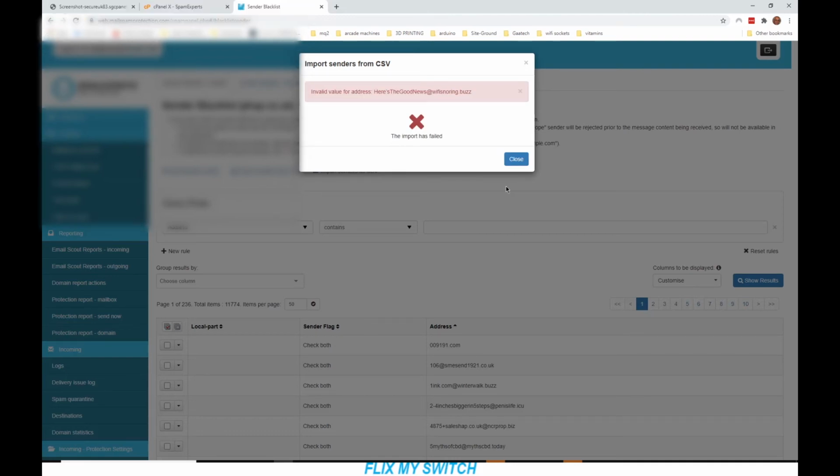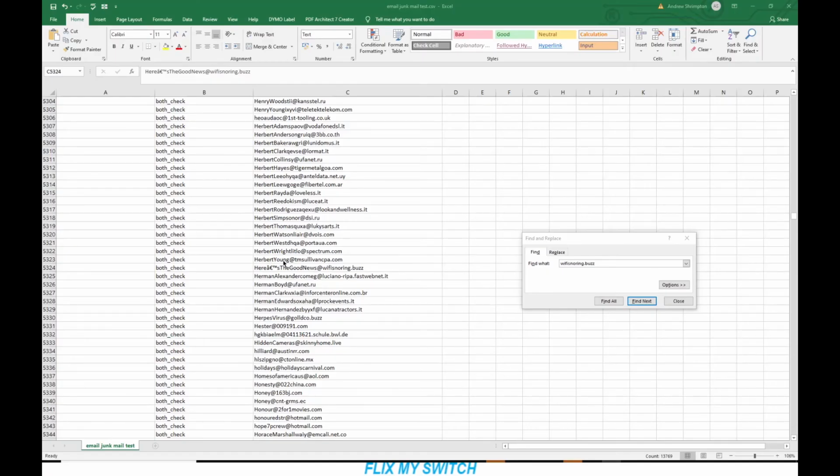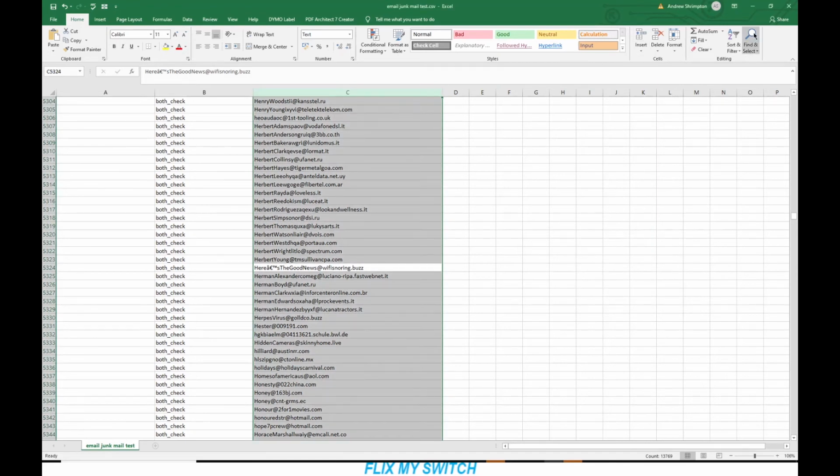Here's the good news. So what is that missing? That's got a full stop, so that's why we didn't find it. Okay, so I'm back in Excel, and all I've done is a data search for this. I clicked on File, Find, and that was the end of the email address that we were looking for, and you can see it's brought up this weird